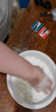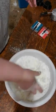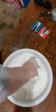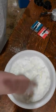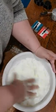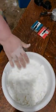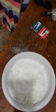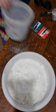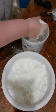Okay, so we have that kind of mixed up. Got a nice consistency to that yet. We haven't added the liquid. I'll add the water after I get the color on in each bucket. So let's see here. I'm gonna take,